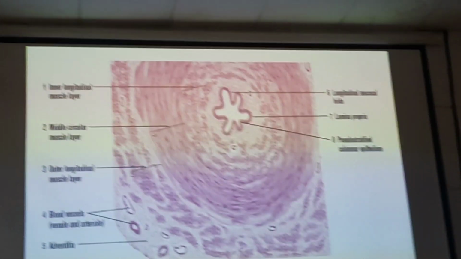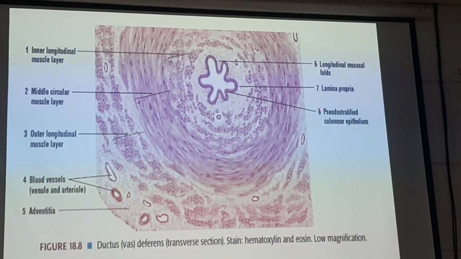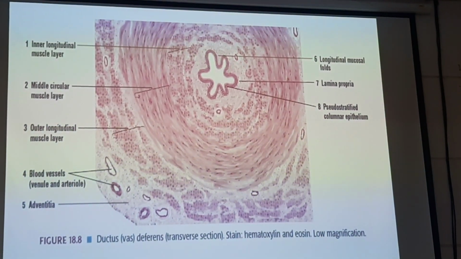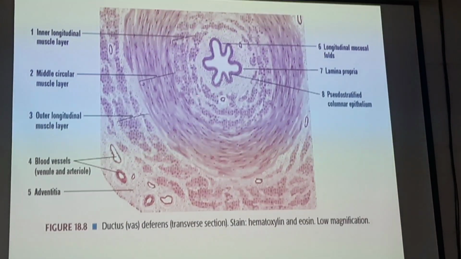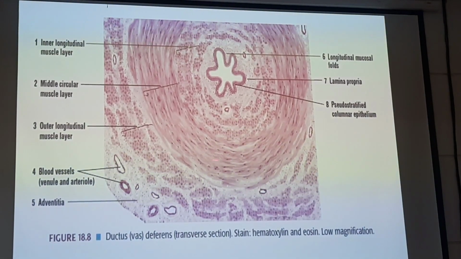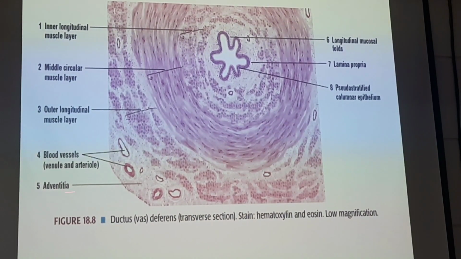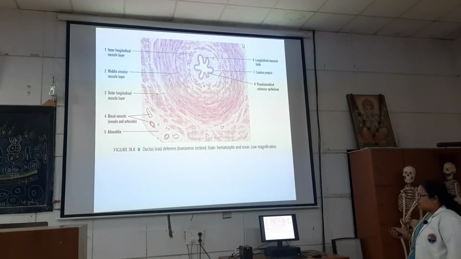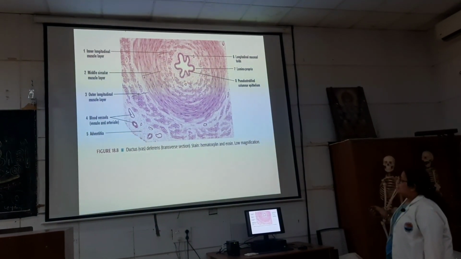So now we see the histology of the vas deferens. It is lined similarly by pseudostratified columnar epithelium. Then comes the lamina propria. Then here we find three layers of muscles: the innermost is longitudinal, the middle is circular, and the outer is again longitudinal. Then the outermost is covered by adventitia. This muscular layer is also similar to that of the lower end of the